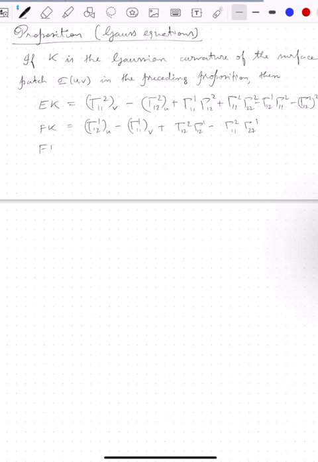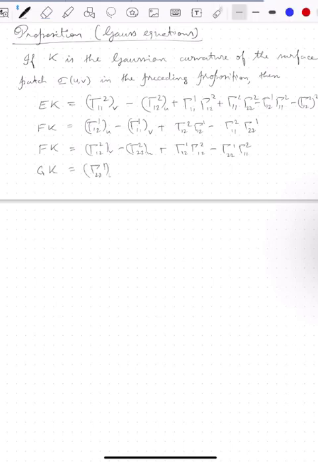Okay, and then we also have one more expression for FK: gamma^2_{12} differentiated with respect to v minus gamma^2_{22} differentiated with respect to u, plus gamma^1_{21} gamma^2_{12} minus gamma^2_{21} gamma^1_{12}. Okay, and GK is equal to